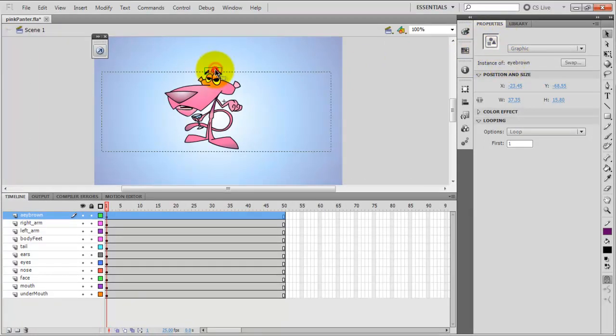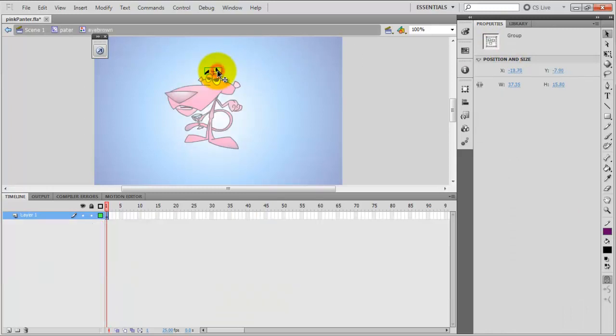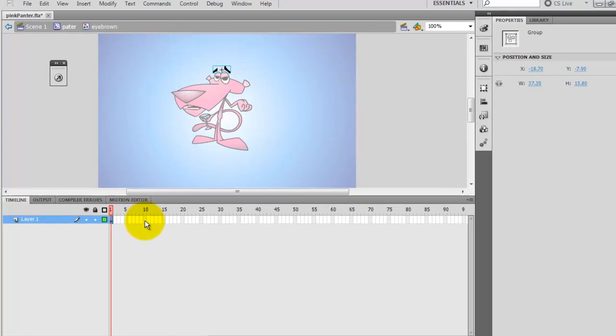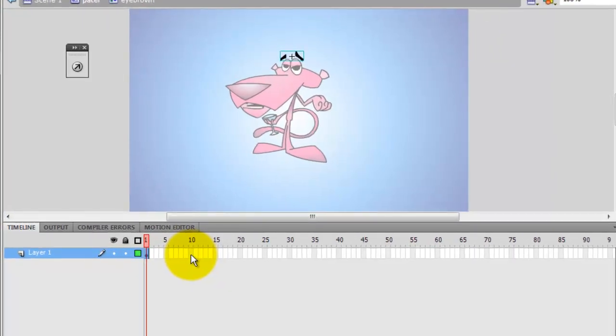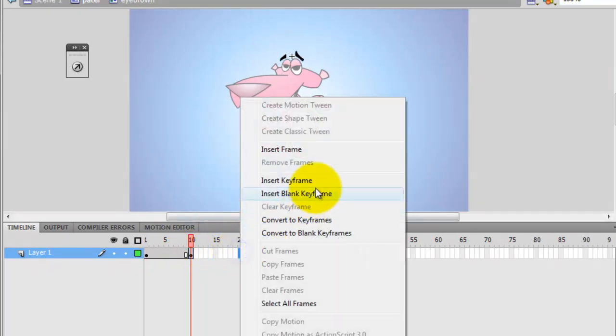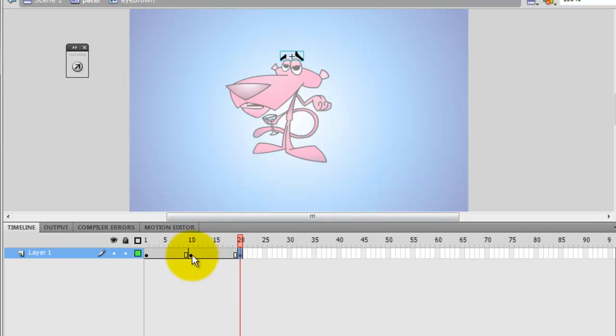If I double click and check my timeline, now I'm inside of the eyebrow timeline. So then I can start to create keyframes to make the animation. I'm just going to create a frame by frame animation. I'm going to create a new keyframe here, another one here, and move the eyebrows a bit further to the top,